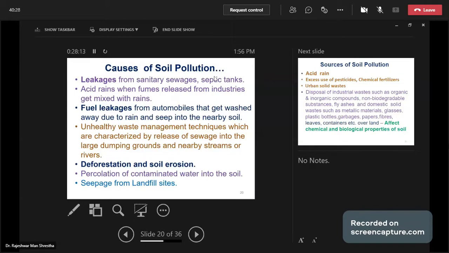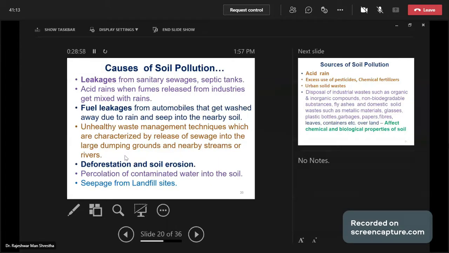Then there is leakage of waste from sanitary sewage and septic tank leakage. Acid rain: when fume released from industry gets mixed with acid, the fume mixes with rain and falls on the ground, and that causes soil pollution. And fuel leakage from automobiles while parking and while driving: fuel leaks, mobil oil and oil drip, and the leaked oil is washed away by rain water and seeps into the nearby soil. Unhealthy waste management techniques are characterized by release of sewage into large